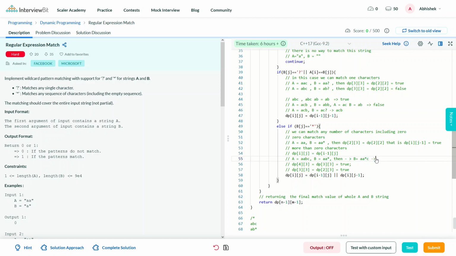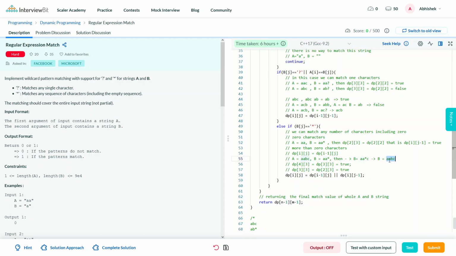What we are doing here is replacing this star with a character that is equal to b. So our b would become aabc, and we can finally match the starting two characters of b with the starting two characters of a.